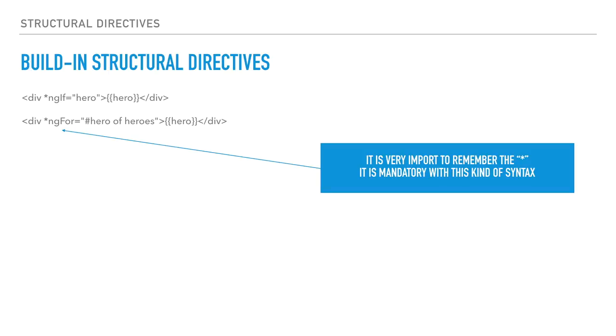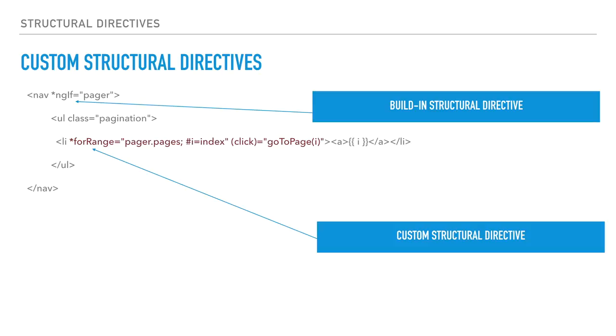Two things to remember here. We need the asterisk. This is mandatory from Angular, and it's a way for Angular to know that this is a structural directive, that this is a template. And also remember the hash, the sharp. We talked about it before in other videos, and this means hero is a local variable for every iteration. So before entering in the topic of custom structural directives, which are the ones that we are going to write on our own for extending the structural directives that are built in,